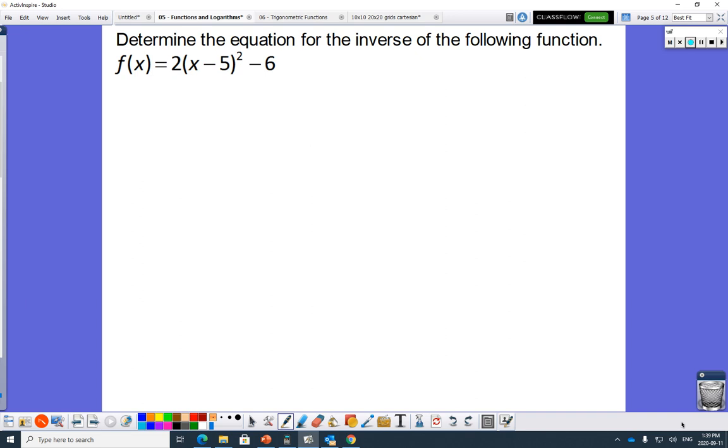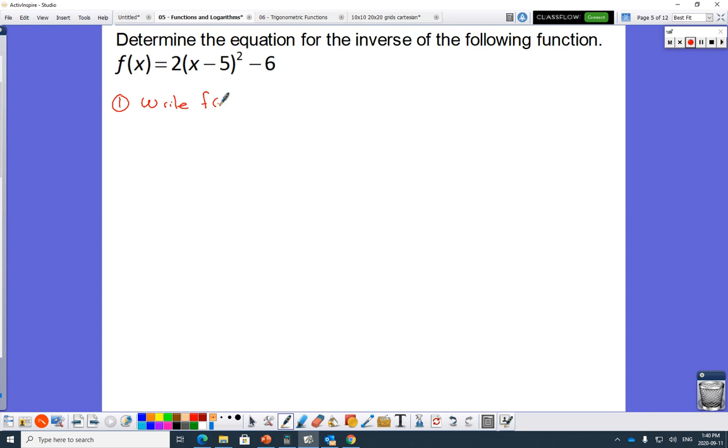Oh, determine the equation of the inverse. There's one on the test like this. Here, now I have your attention. Wake up. Here we go. I do have to ask once on the opening test to find an inverse. You did this all the way back in grade 11. We did very little of it in grade 12, so a little review here, and I'll actually write the steps to finding inverses. The steps were,